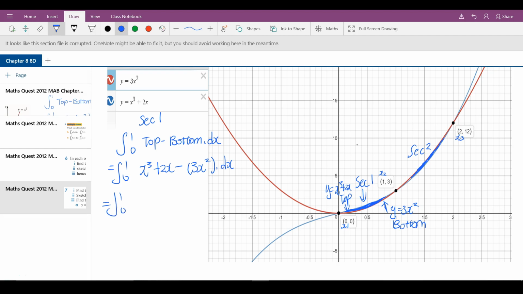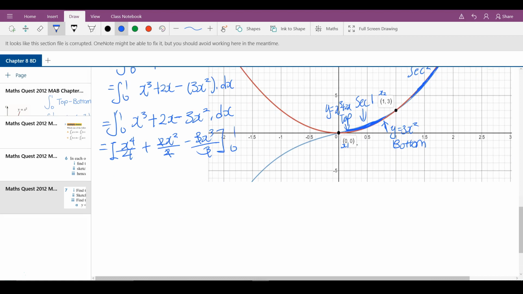Alright, expand the bracket. We'll have x cubed plus 2x minus 3x squared. Let's start integrating. So it will be x to the power of 4 over 4 plus 2x squared over 2, the 2 will cancel, minus 3x cubed over 3, and the 3 will cancel, from 0 to 1. And that is just x to the power of 4 over 4 plus x squared minus x cubed